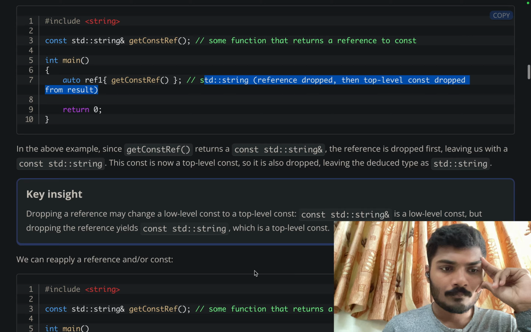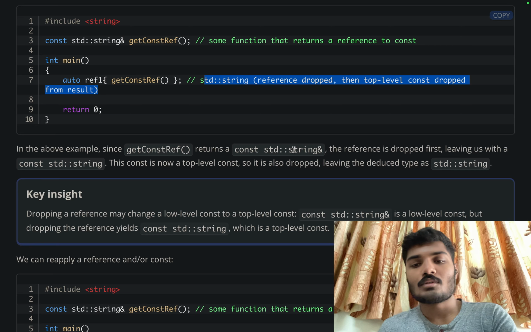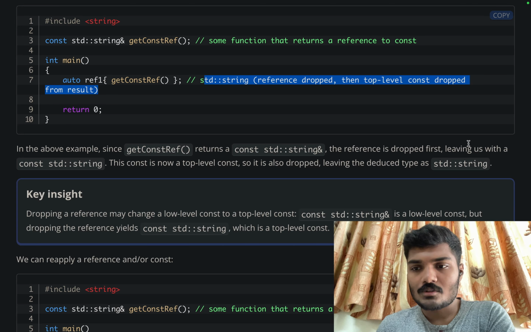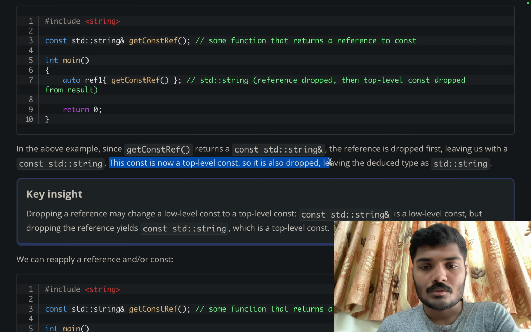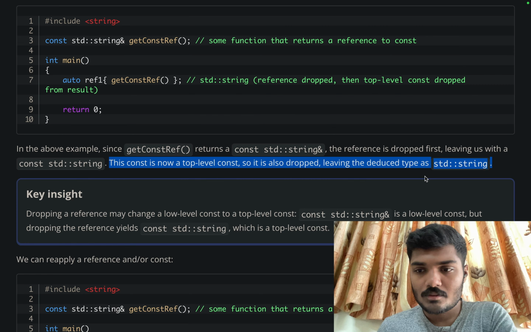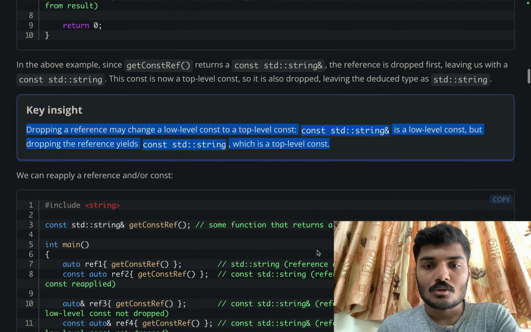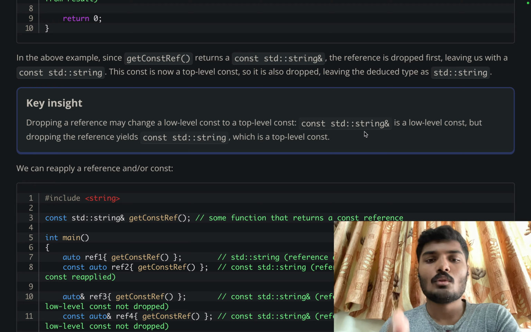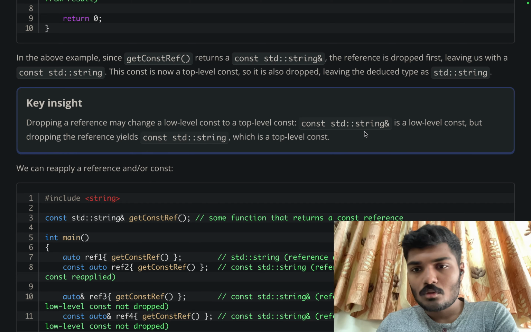Cool. In the above example, since get const reference returns a const string reference, the reference is dropped first, leaving us with a const string. This const is now a top level const, so it is also dropped, leaving the deduced type as string. Key insight: dropping a reference may change a low level const to a top level const. Const string reference is a low level const, but dropping the reference yields